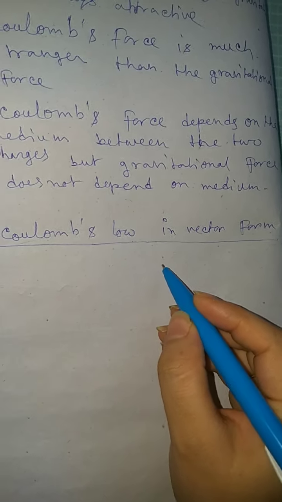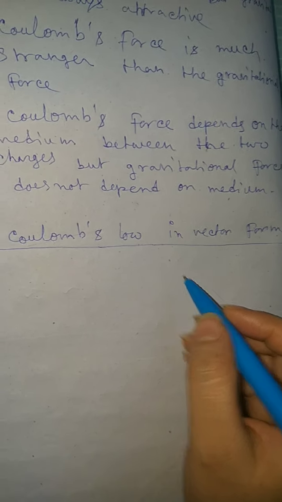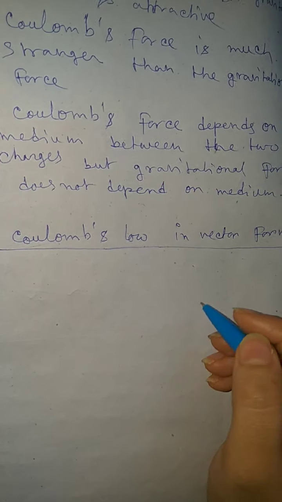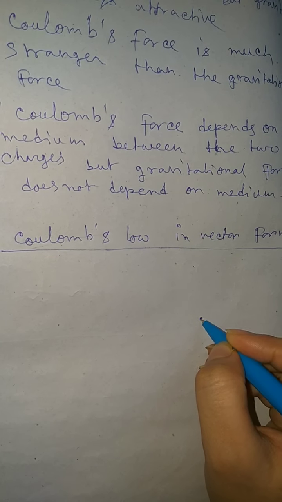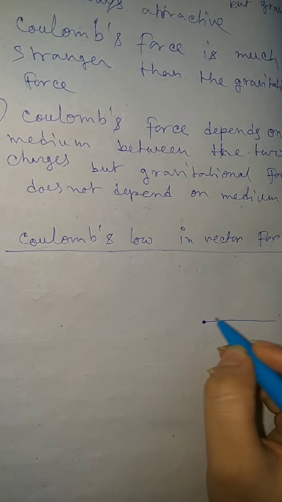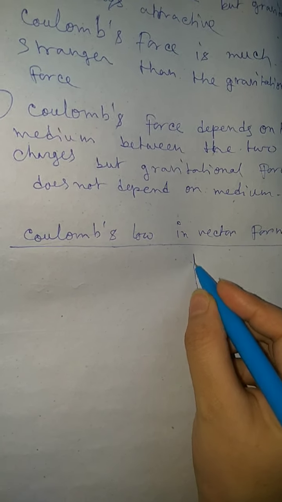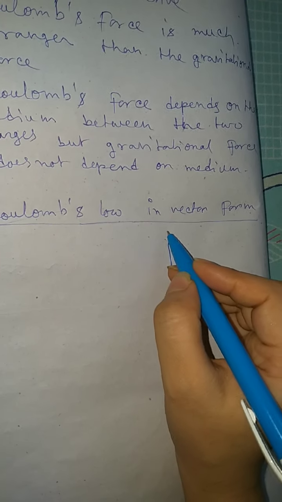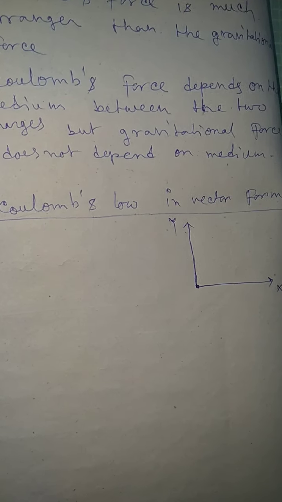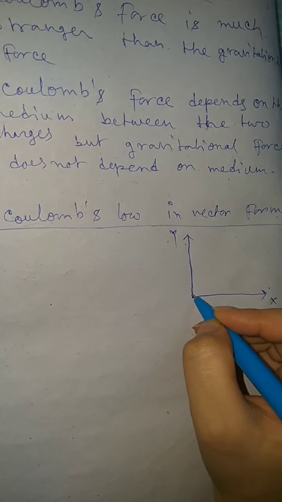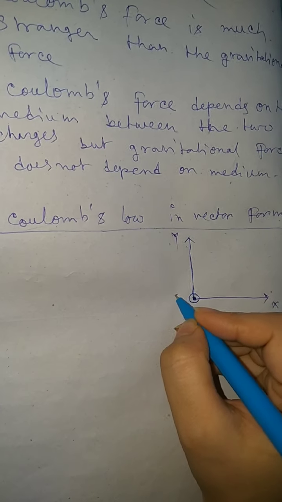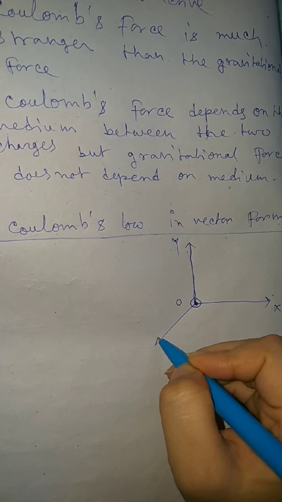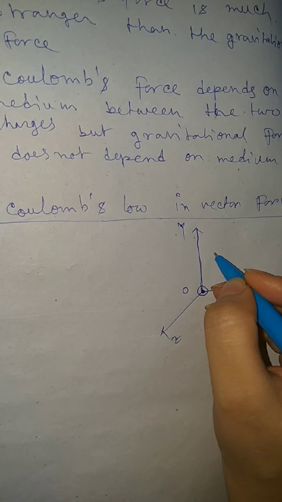Now we take up x-axis, this one is y-axis, and it's a origin O, and this one is z-axis. Now we take two charges